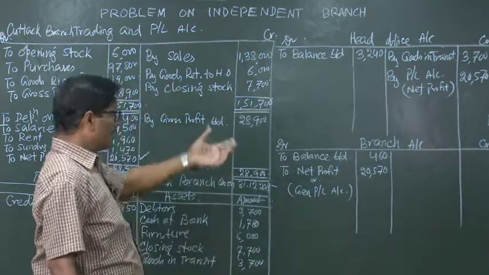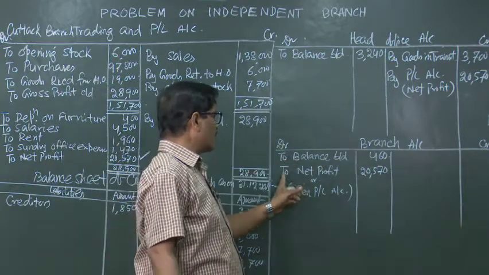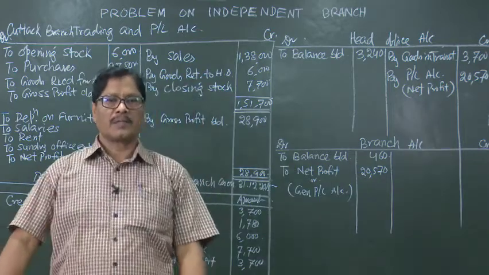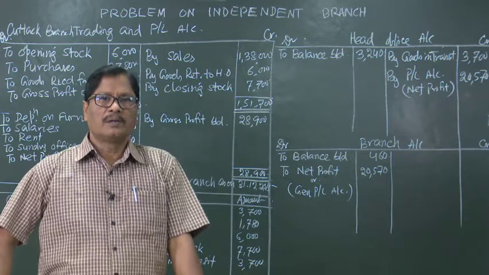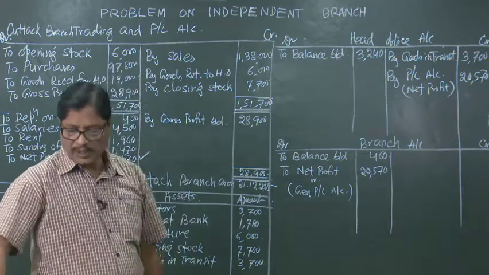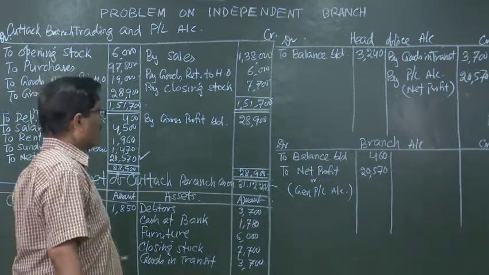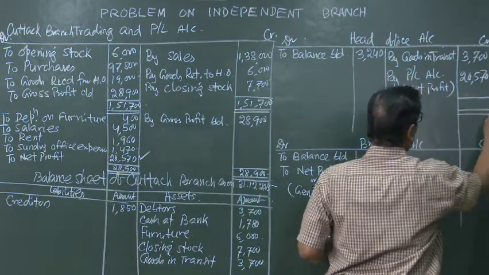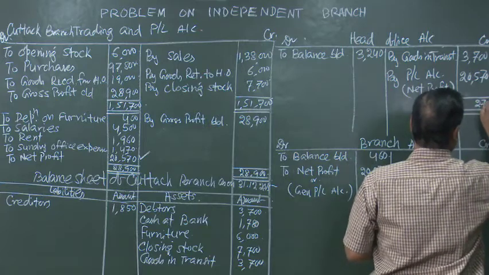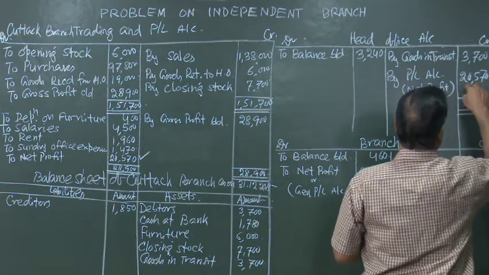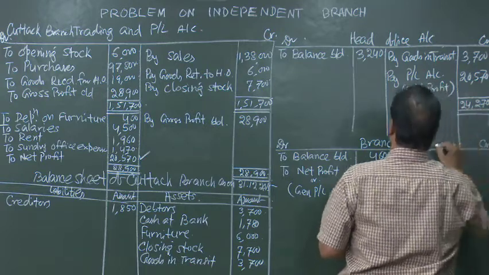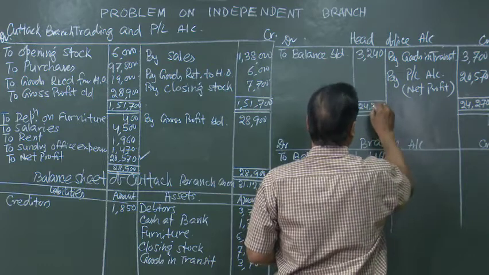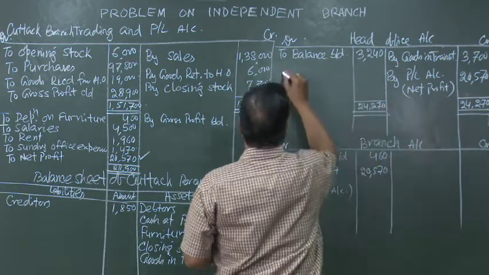But coming to the head office books, they will also write branch account debited to general profit and loss account 20,570 for the amount of profit earned by the branch. Then we will come to close the head office account. $24,270. So, to balance carried down